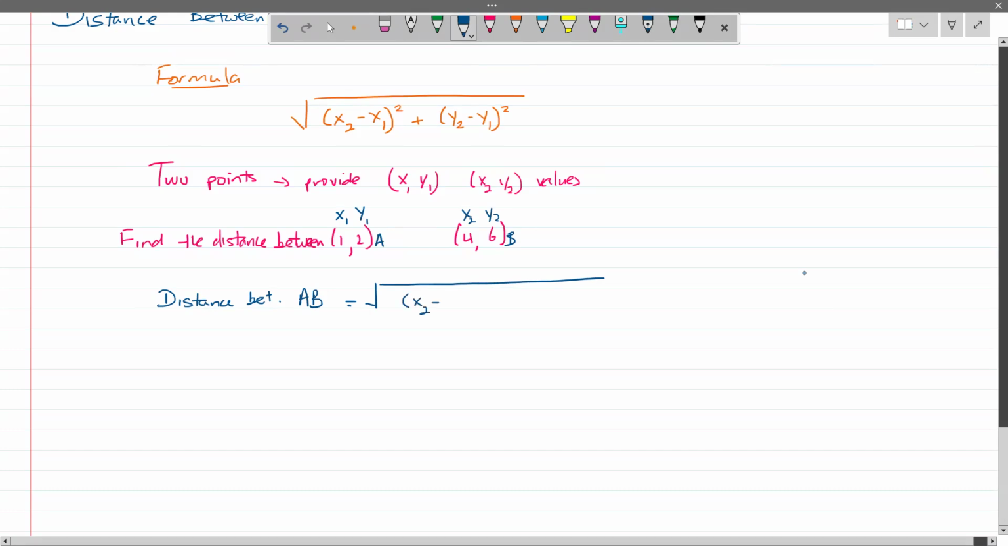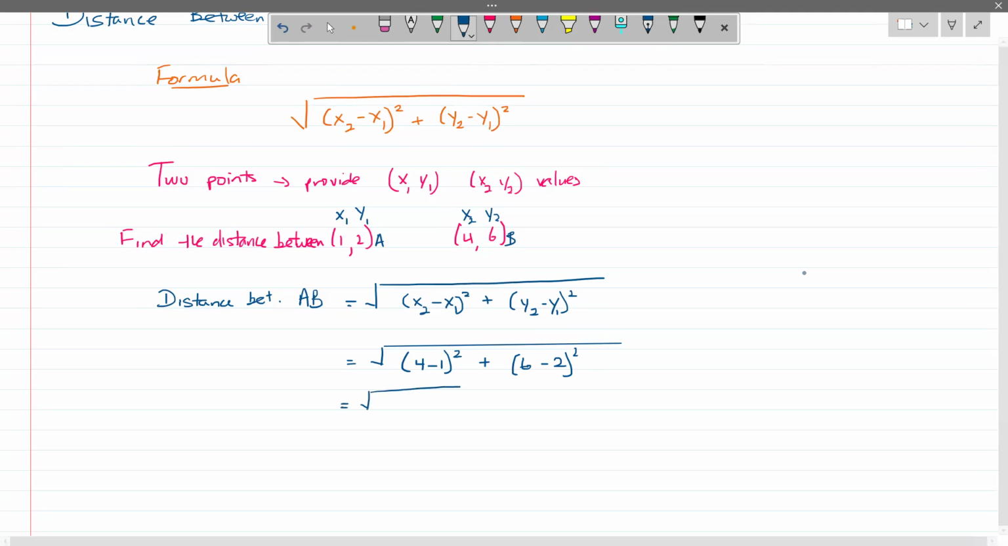Always begin by writing the formula and then sub the values into it, right? Don't just start to put values in randomly. Always write your formula. So my x2 value is 4, my x1 value is 1. My y2 value is 6, my y1 value is 2. So what I'll get here is